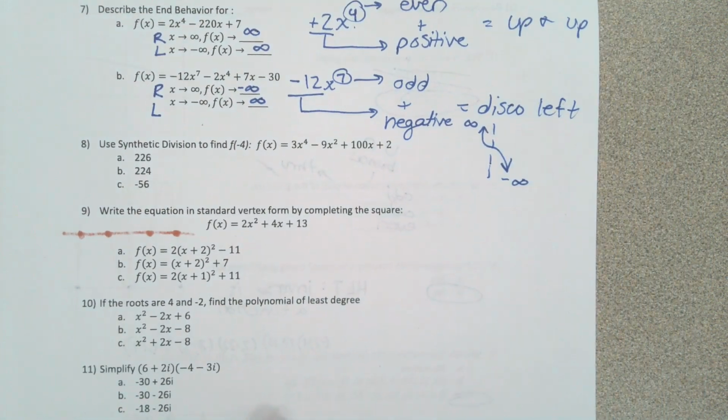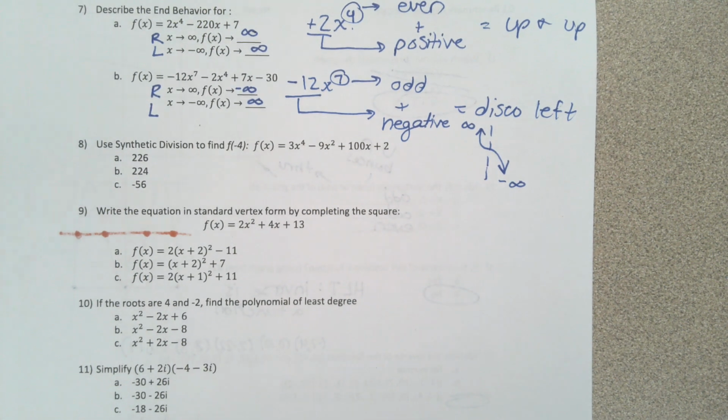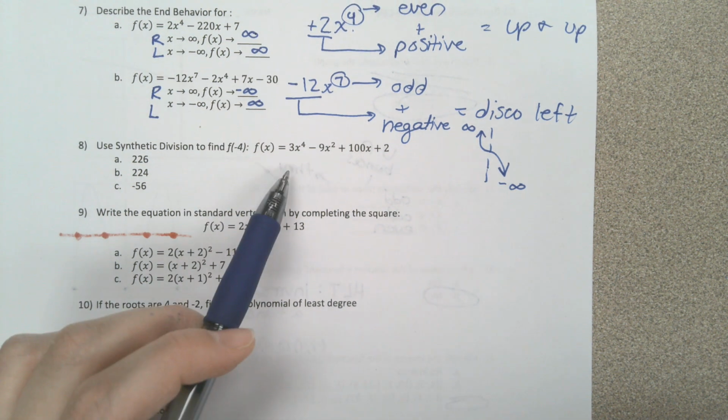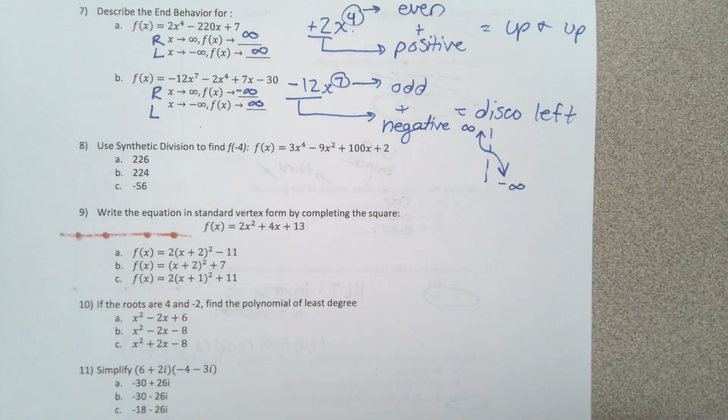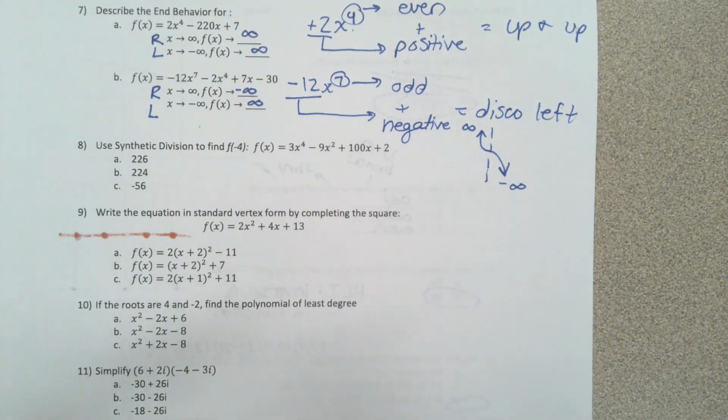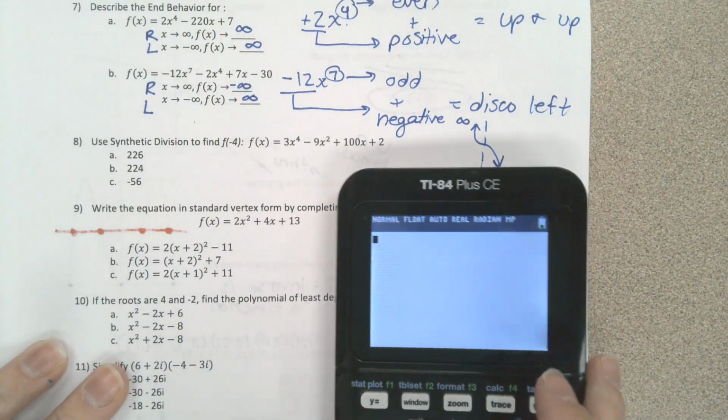Number 8, I don't have to do this on paper because it's multiple choice. Use synthetic division to find f of -4. f of x equals 3x to the 4th minus 9x squared plus 100x plus 2. So, if you want to do synthetic division, be my guest. Or,